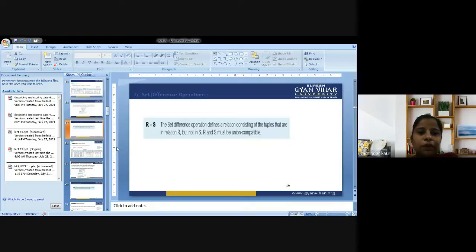Next is the set difference operation. So what is basically the set difference operation? It is R minus S. The set difference operation defines a relation that consists of the tuples that are in relation R but not in S, and R and S must be union compatible.